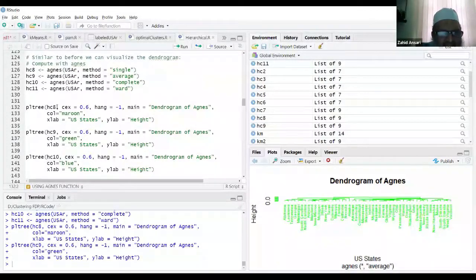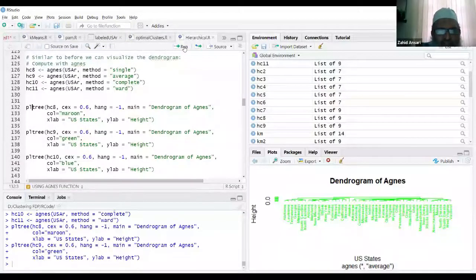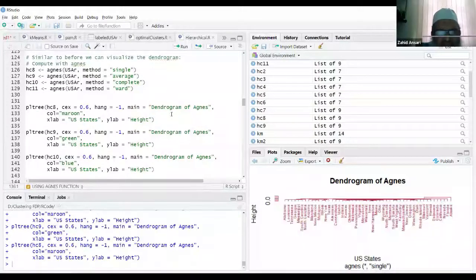I am using hc8, meaning when I'm using Agnes and my link is single link, then what kind of cluster I am getting is this pltree. So I am using Agnes and single link, then this is my clustering. If I use Agnes and average link, then this is the clustering, hc9 here.